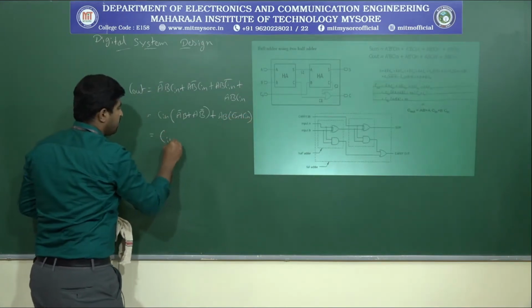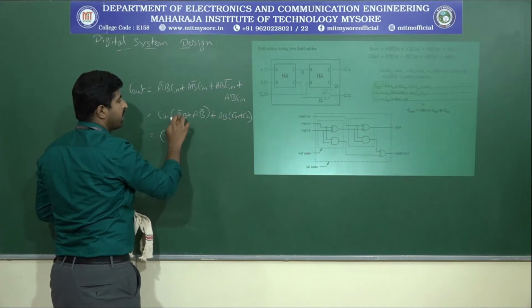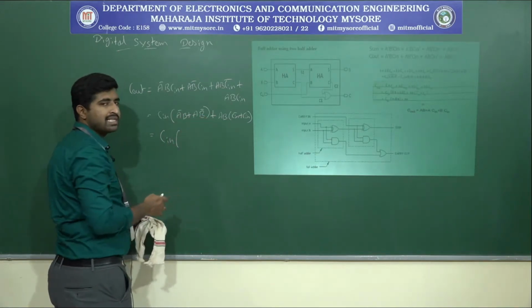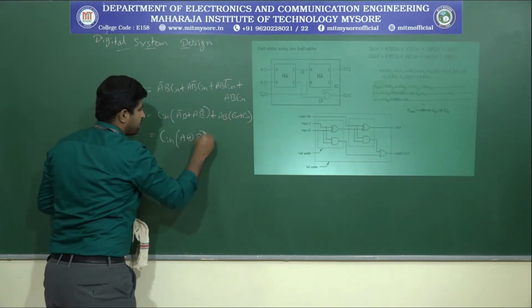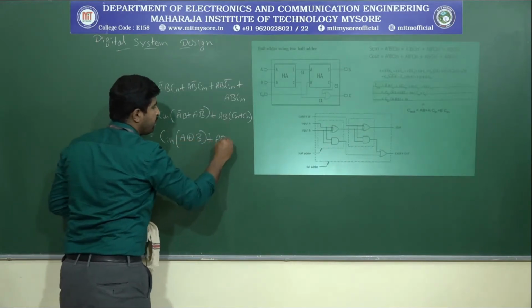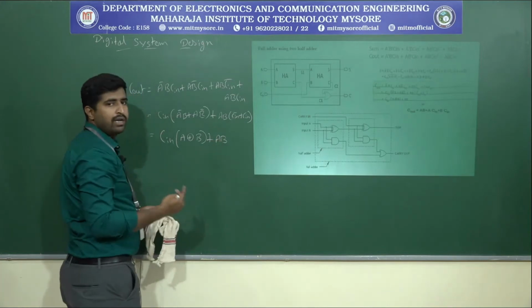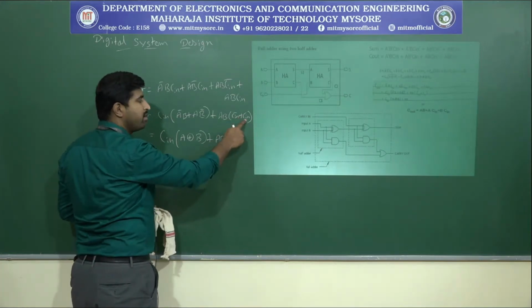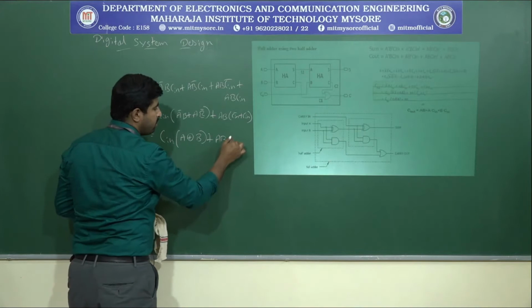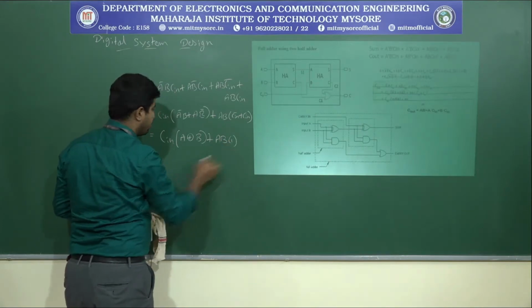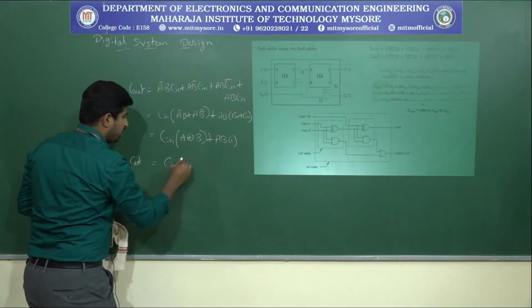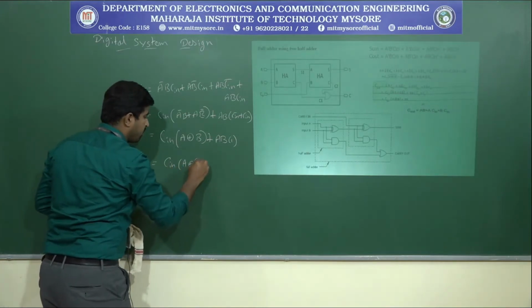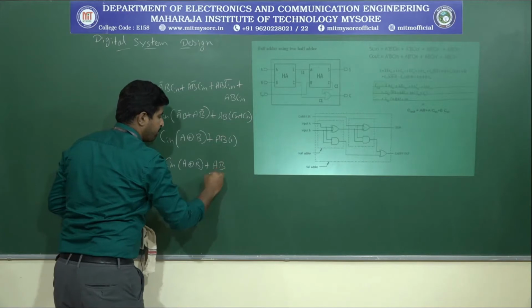Okay. Now C in into, we know that A bar B plus A B bar can be written as an A XOR B. So this can be written as an A XOR B plus A B. Okay. We know that from the Boolean theorem, C in bar plus C in will be equals to 1. So this will be multiplied with 1. Okay. So that means the C out expression is C in into A XOR B plus A B.